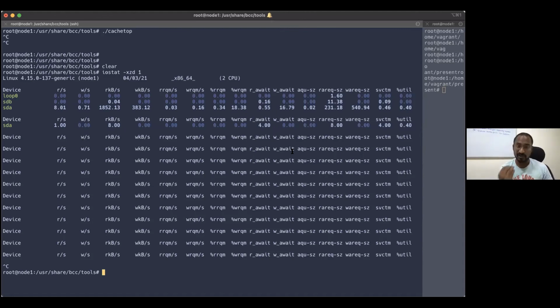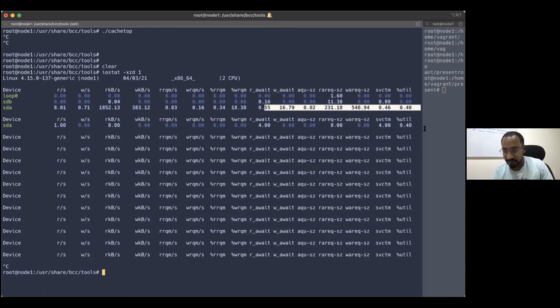It is a disk queue. How much time am I spending? You can see I'm spending 16.79% of time in the disk queue, waiting in a queue. Here the queue size is 0.2, so the utilization is 4. What I'm trying to say is you can get block-level layer utilization observability through iostat.